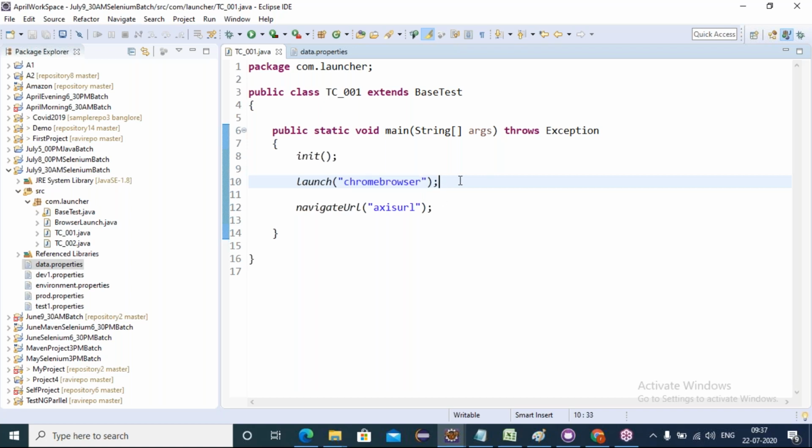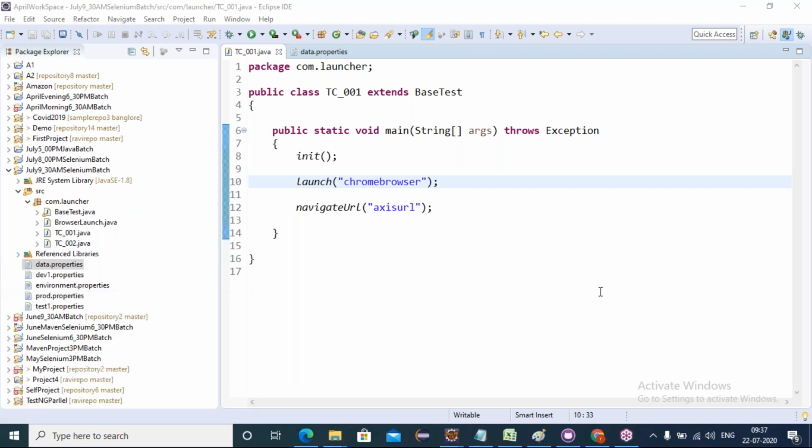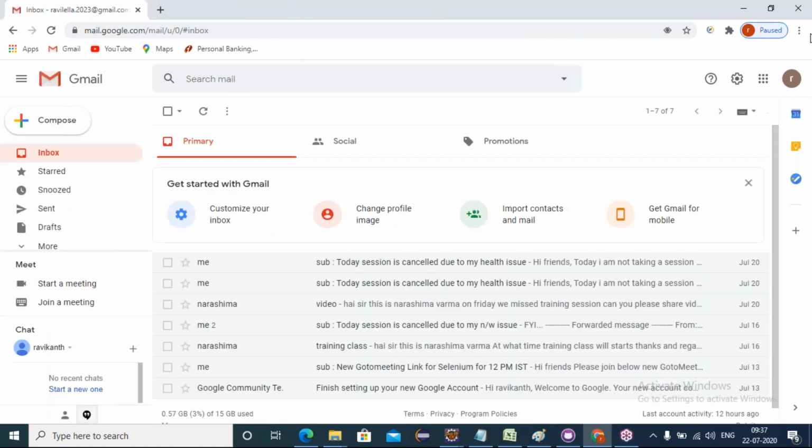Creating the profile for the Chrome browser is entirely different from the Firefox browser we created yesterday. In creating the Firefox profile, I said to close all the Firefox browsers, press the Windows R button, type firefox.exe -p, and click OK. A pop-up came, and there we created the profile. But creating a profile in Chrome is entirely different. Similarly, you must close all the Chrome browsers as well.